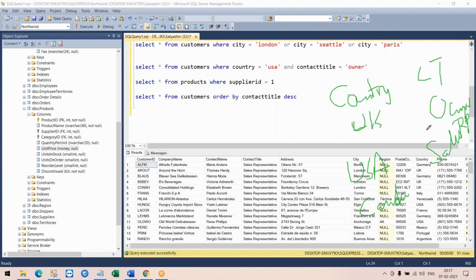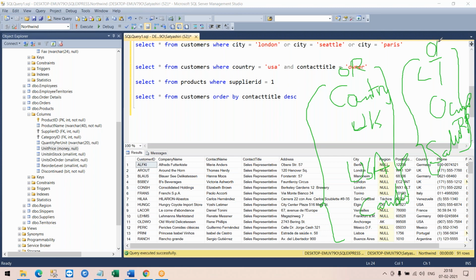What I need to do? I want customers in any of these countries and their contact title has to be owner or a sales rep. I have to create an or clause for these, an or clause for these, and between these two columns, I have to create an and clause. Right? This is how I need to do.